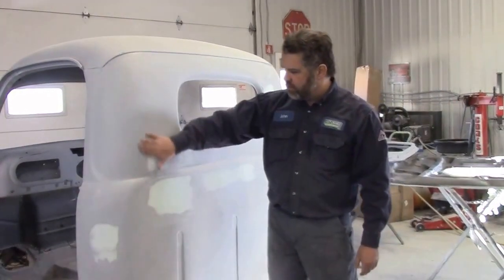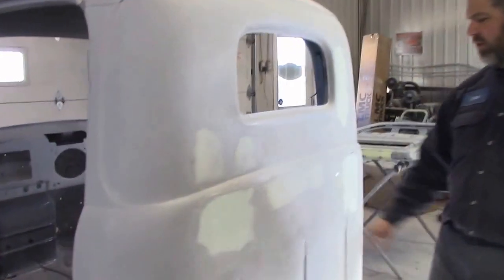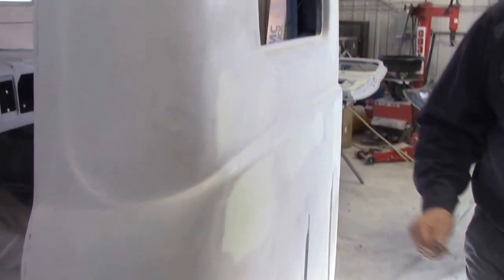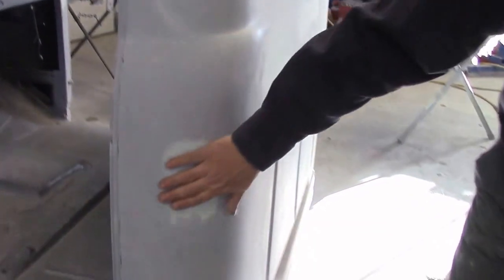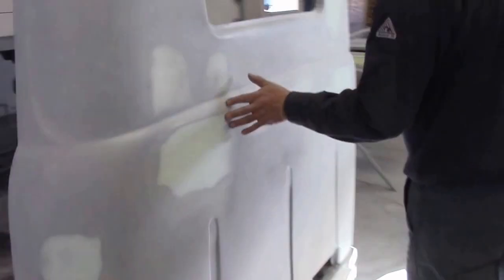So this is really minor here. Hard to see in the camera, hard to tell, but there's barely any product on there, and that's just a really light spot putty. And then we've got a few little flaws near the end around this section here too. So now that we have all that sanded at 320 grit,